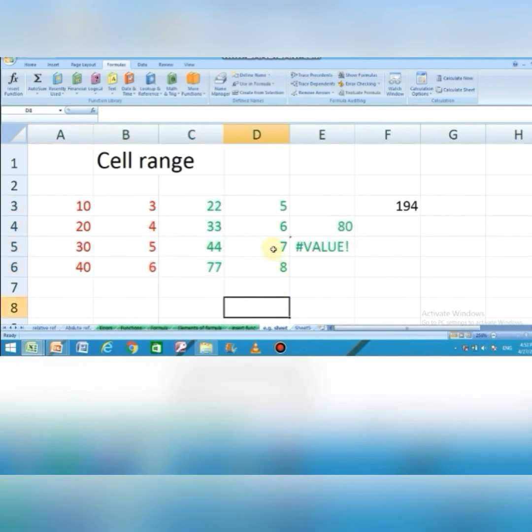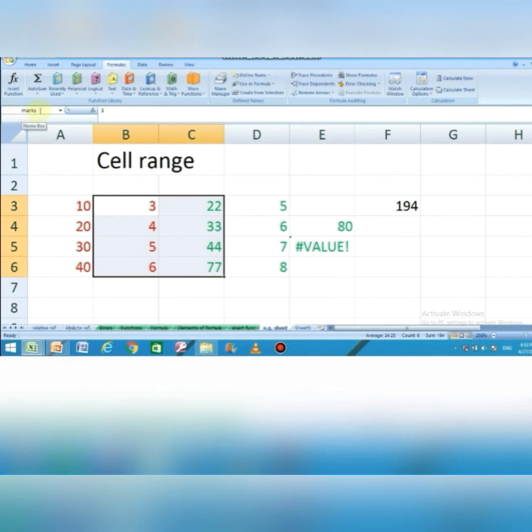See, I have decided these cells' name as marks. So whenever I select these cells from B3 to C6, it will show me the name marks in the cell address.